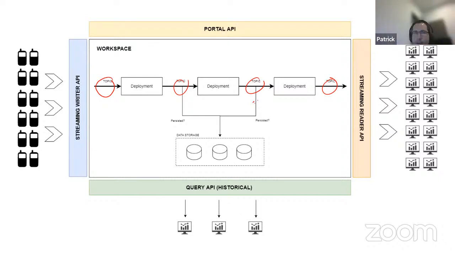So hold on. Let's start on the left-hand side. The streaming writer is actually a service. Yes. There's a service which is deployed with the workspace, and it lets you connect client devices at scale, and then it converts that into the Quix SDK format and sends that into a topic. Correct. So here we are speaking in the SDK format. Yeah, this is SDK format.